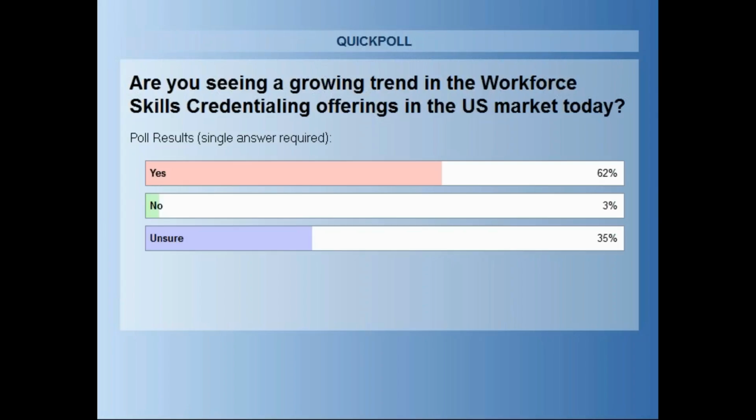Wow. Okay, so vast majority of you are saying yes, you are seeing a growing trend in that. Some of you are unsure, and some of you are saying no, you're not really seeing much more. That's very interesting to me, and sort of helps me to understand a little bit about what you're seeing in the market. If we go back to the slide deck, this is an area that was absolutely of interest to